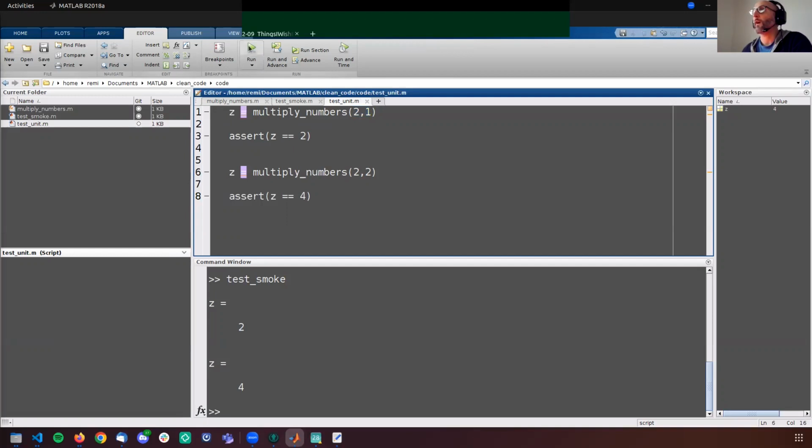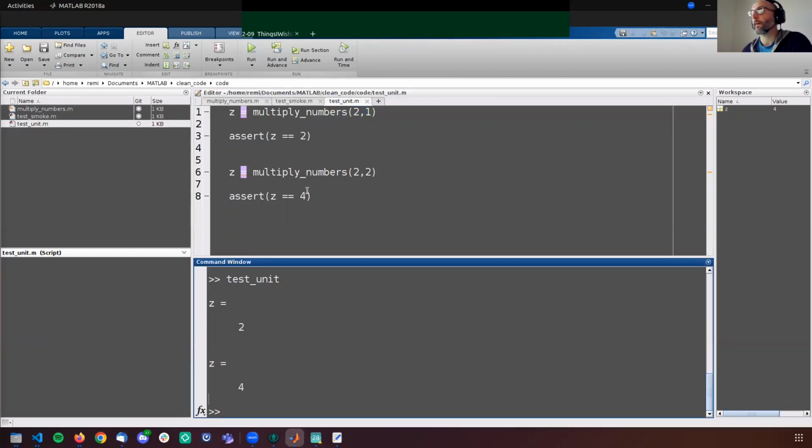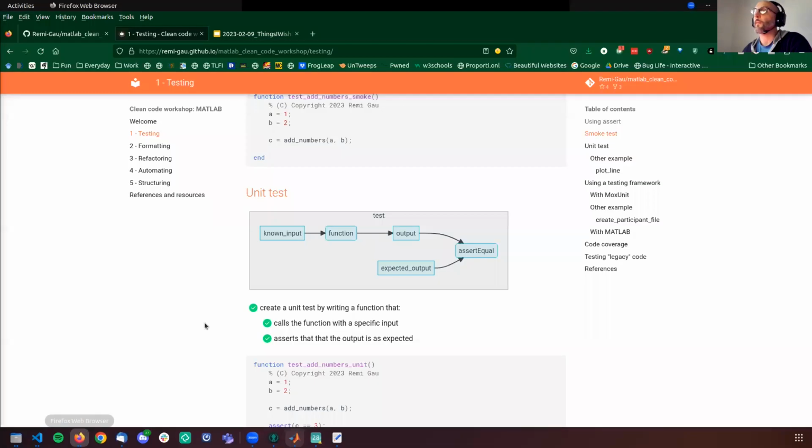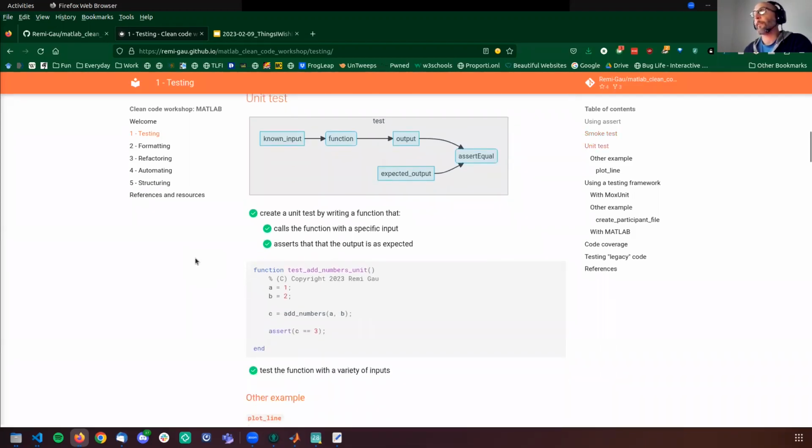Then you can just run this, and it tells you that those are the right values. So this is pretty much what a unit test is. You have some known input, you pass it to the function that gives you something in return, and you check that what it gave you is actually the right answer.